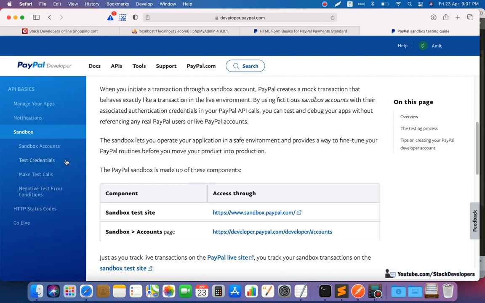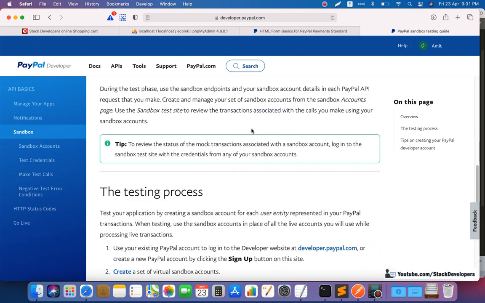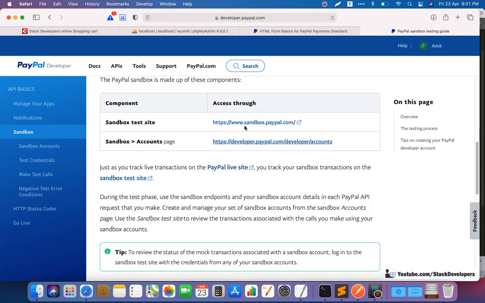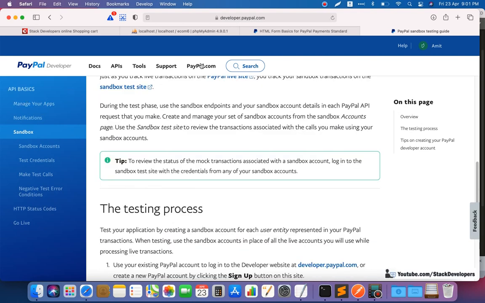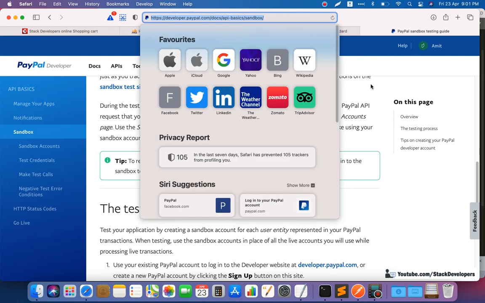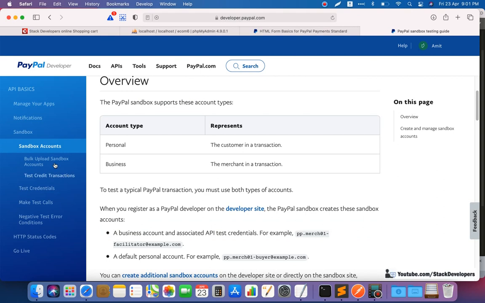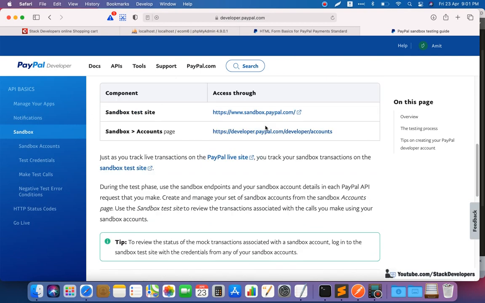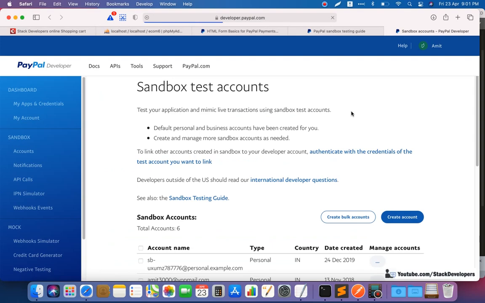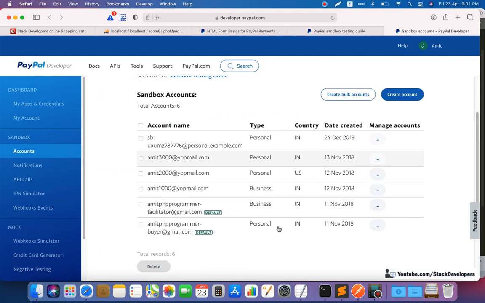So you can check here once, sandbox.paypal.com, this is the URL that we are using, but we have to check the sandbox account here. See here, we can click on this link, and you can reach here.